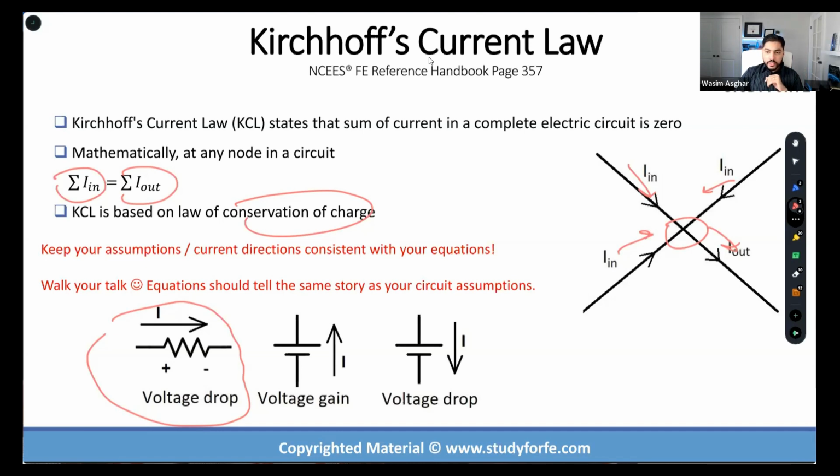Now, there's more to it. The node that the current enters into a resistor, okay? We basically note it as a positive terminal. Current enters the positive terminal of a resistor and leaves the negative terminal of the resistor. Is that clear? Now, in some of the analysis, some of the practice problems that I've done, I've actually used